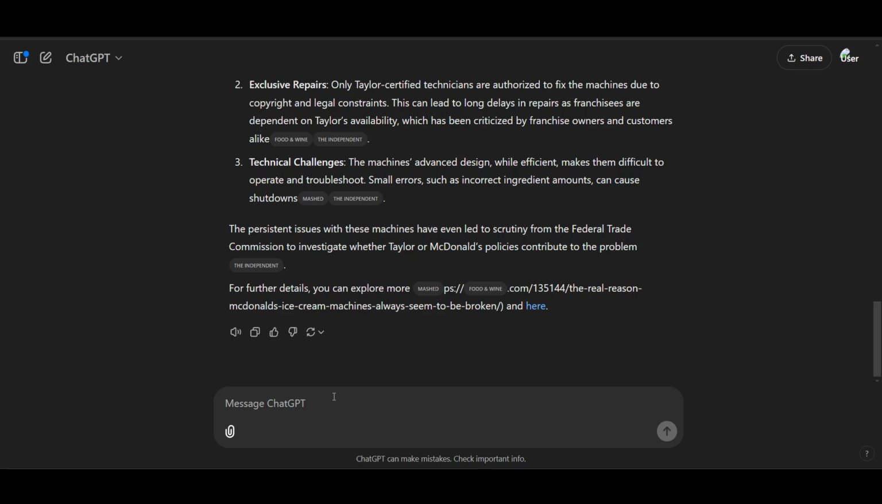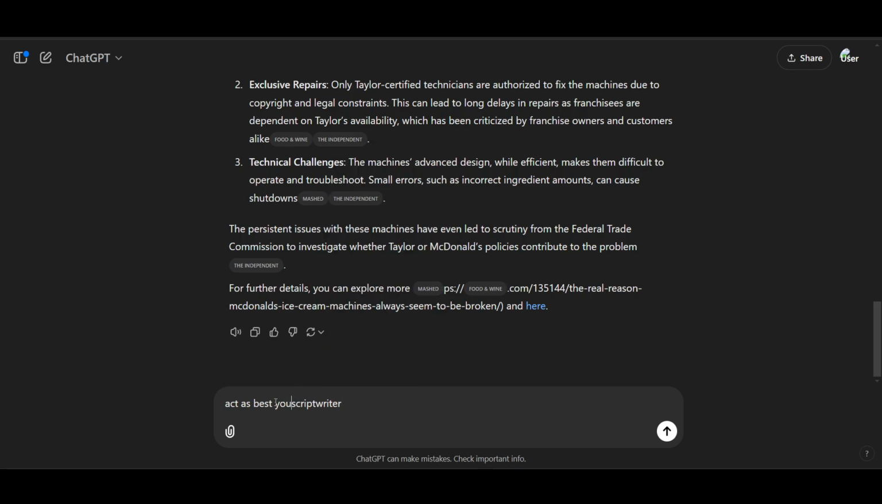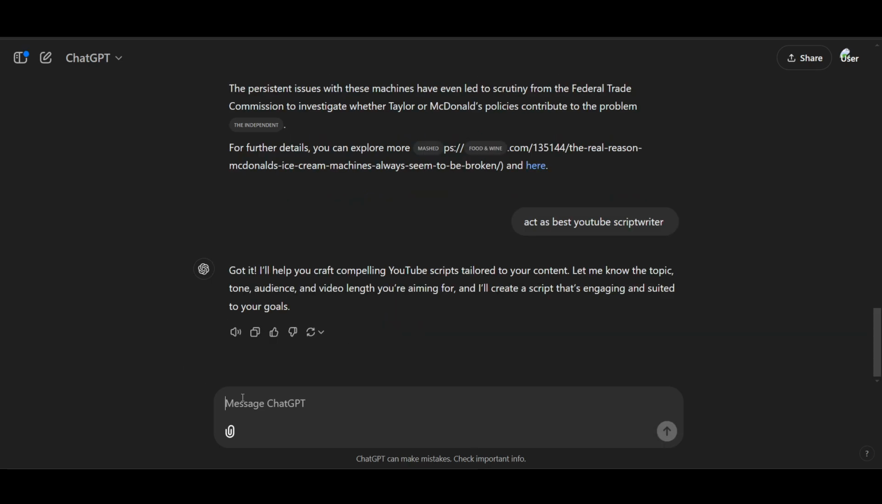Based on the ideas generated, outline your script, divide it into sections such as introduction, main content, and conclusion. I can just ask ChatGPT to act as the best script writer, and I will also add YouTube here, and ChatGPT will take this information. Now I will ask ChatGPT to make a 3-minute script on why McDonald's ice cream